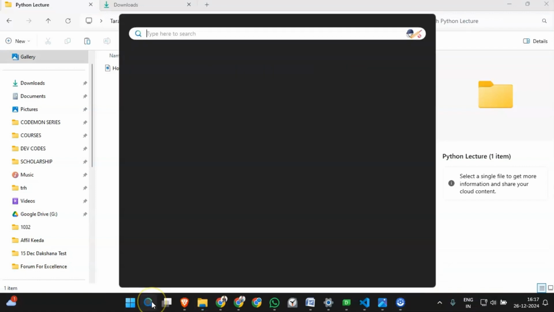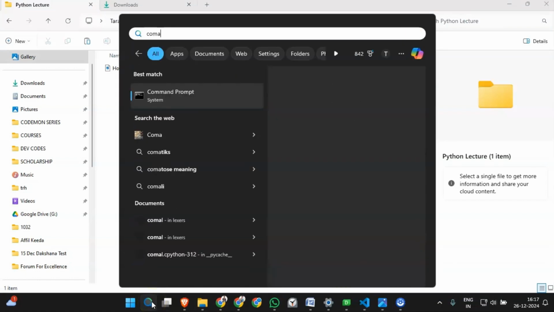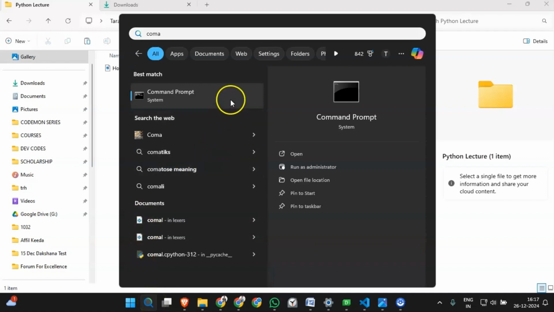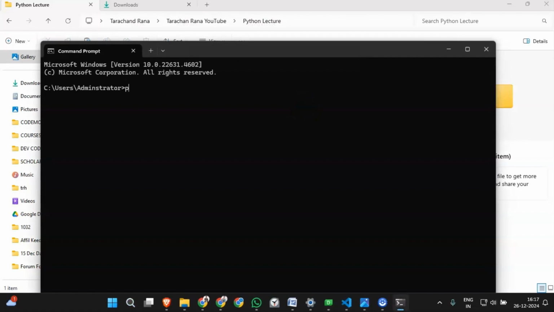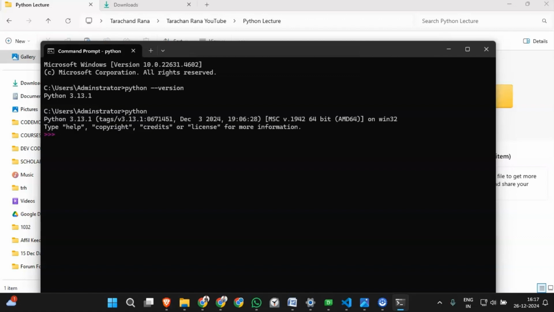So go to the command prompt. Type python version. Yeah, it's successfully downloaded. Now we'll try to write a simple Python script inline. So write just python here. Okay. Print hello